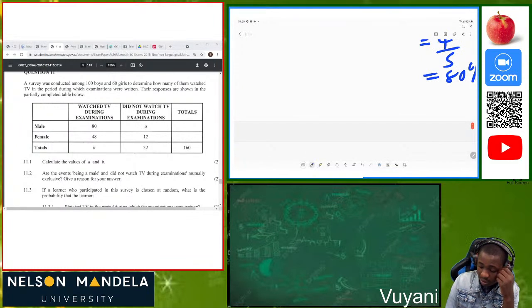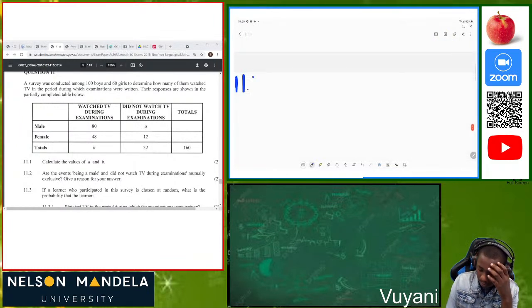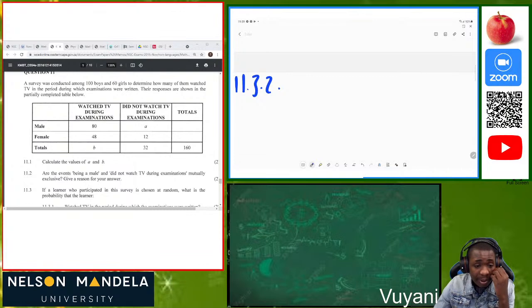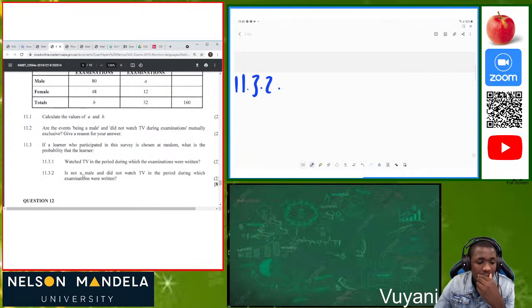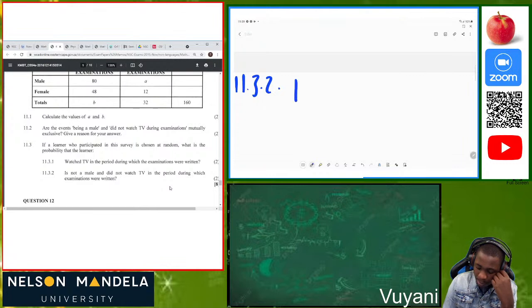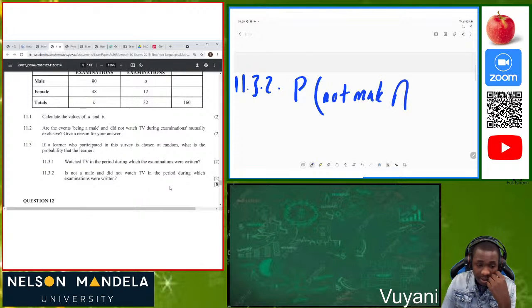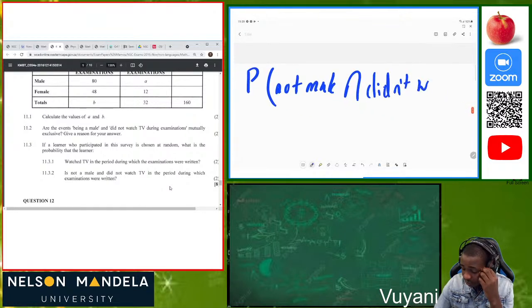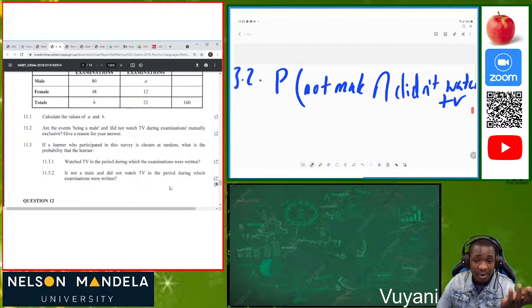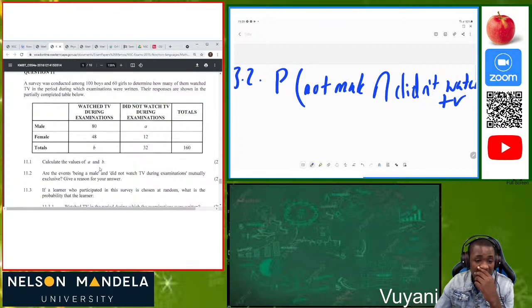Now let's go to 11.3.2. On 11.3.2, they are saying not a male and did not watch TV in the period. So we want the probability of not a male and did not watch TV. So not a male, if it's not a male in our scenario which we are given here, if it's not a